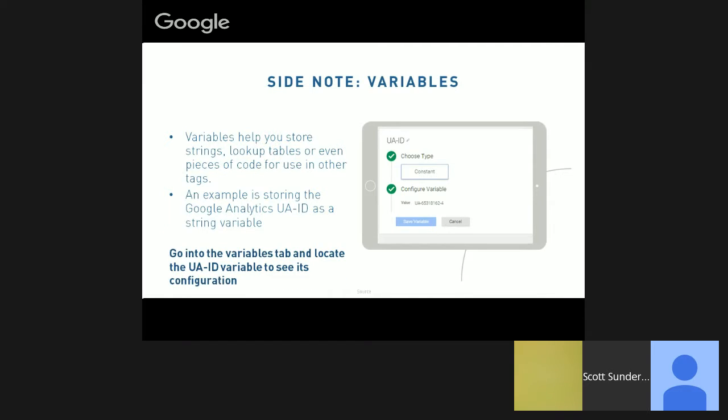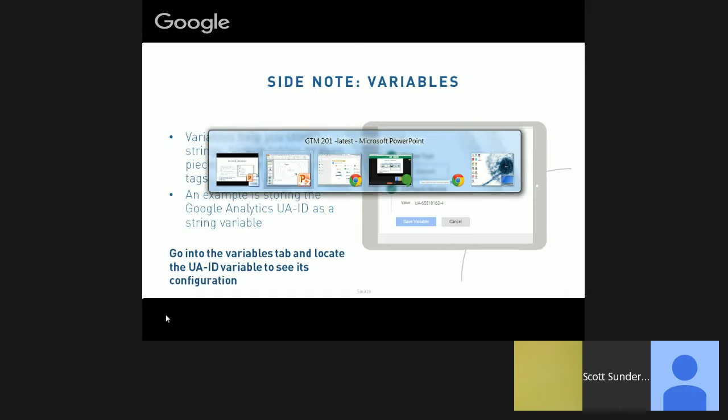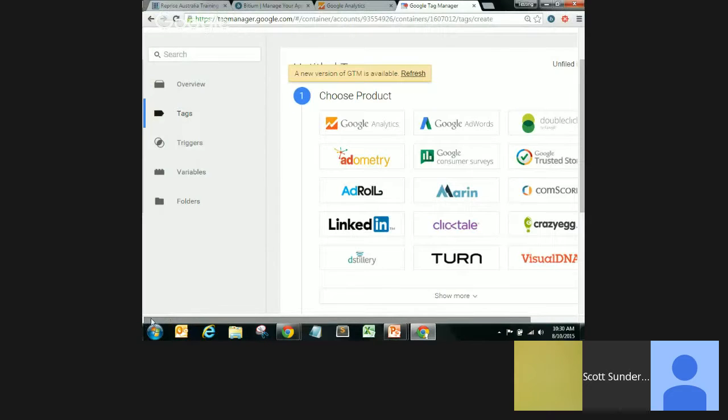So in the training container, can you go into the variables tab and locate the UAID variable and see its configuration on your own laptop, please? I'll do the same on the screen. The variables folder is on the left-hand side. So if I click on that,